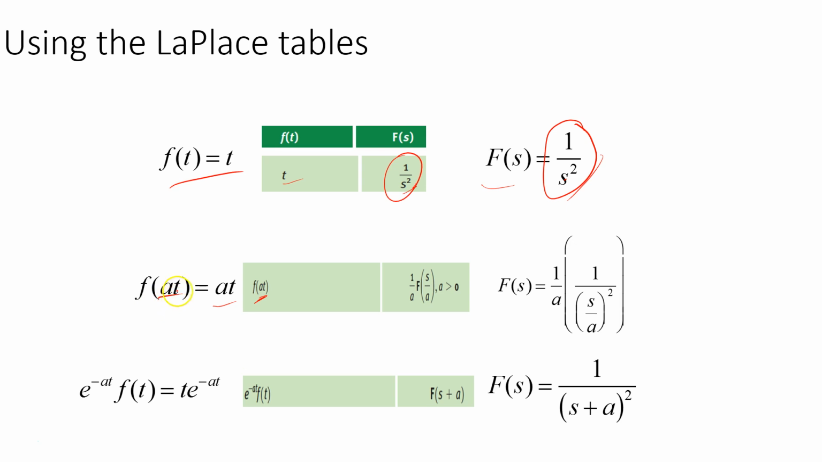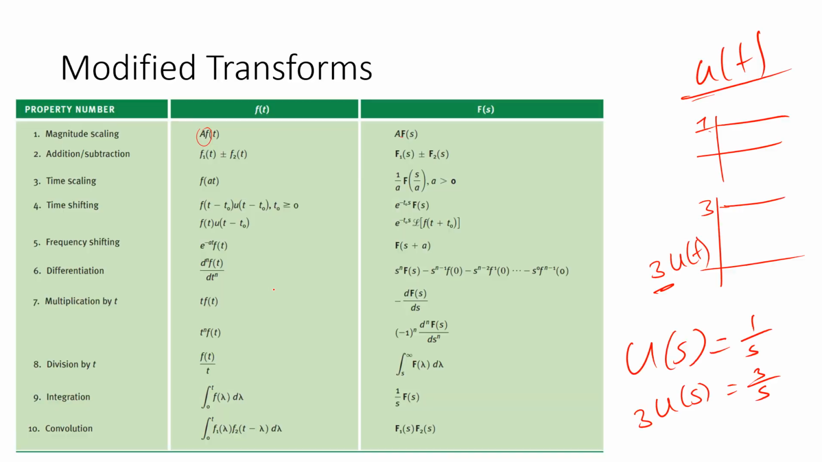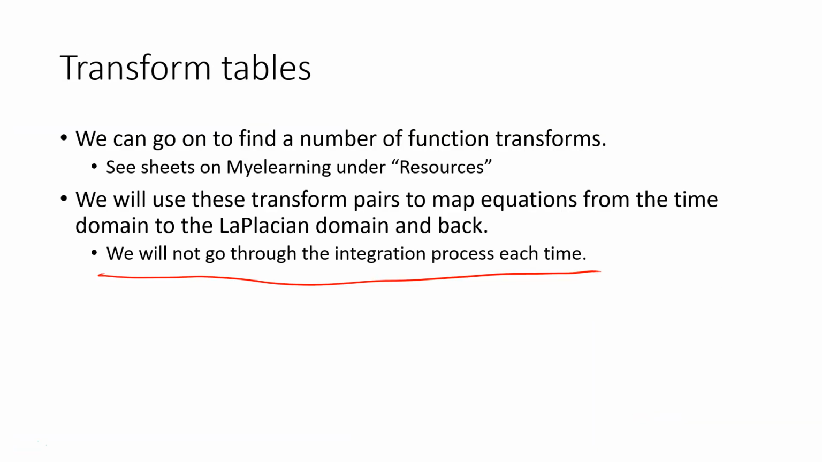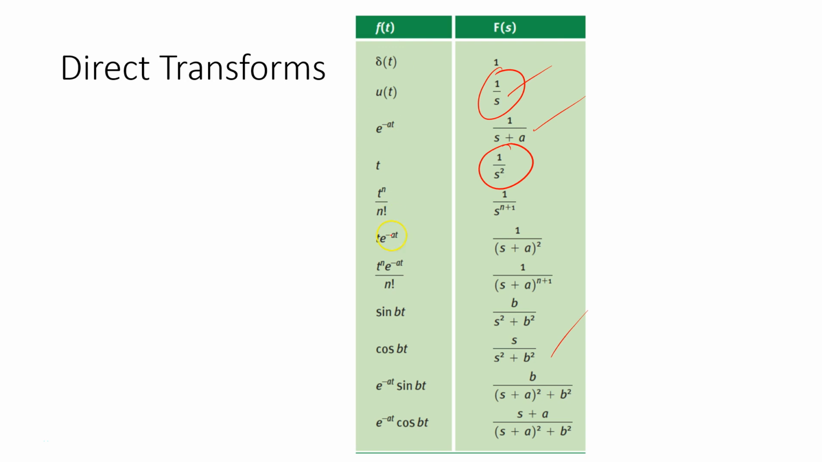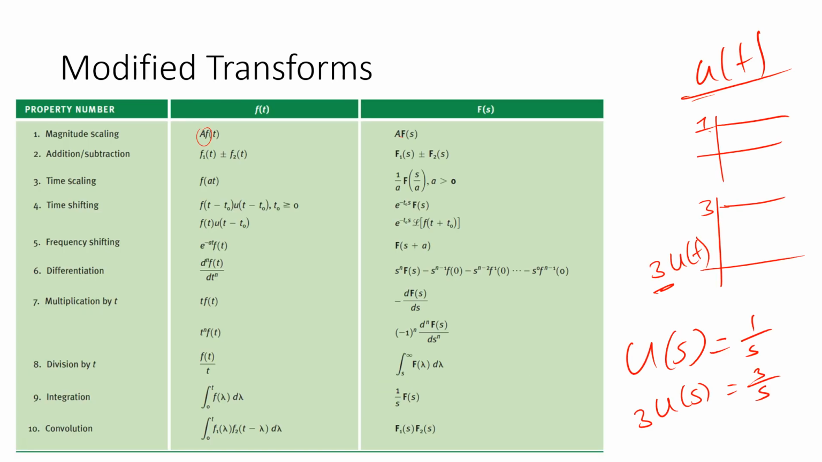If I want to change that and I want to get the function for at, what is the transform for at? That represents a time scaling. Instead of going back and doing a whole integration because I can't find it in my original table, for example, I can't find at in this table. It doesn't mean I have to go and do a whole new integration. What I do is I simply look in my